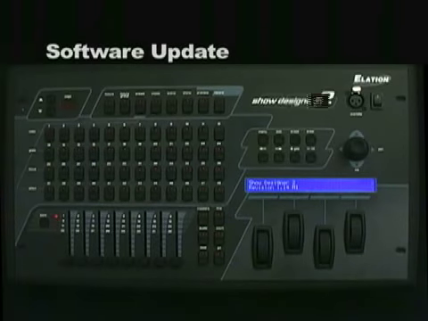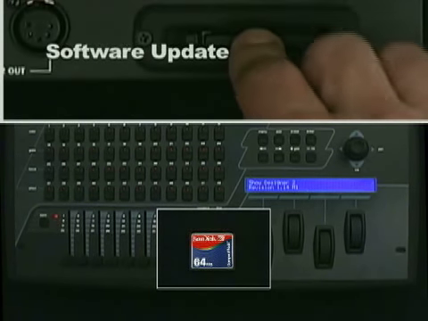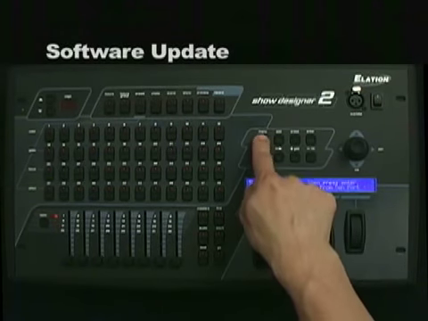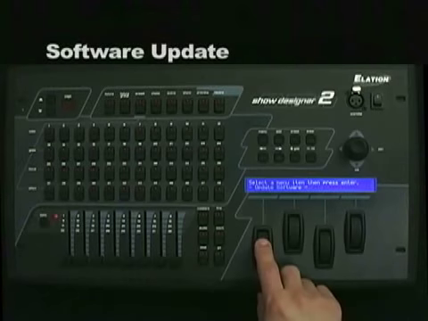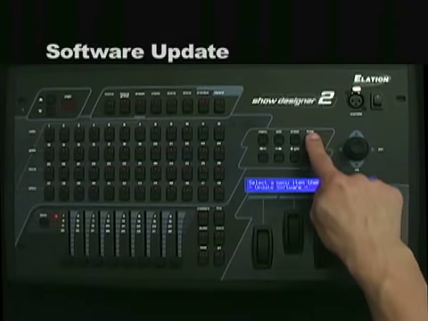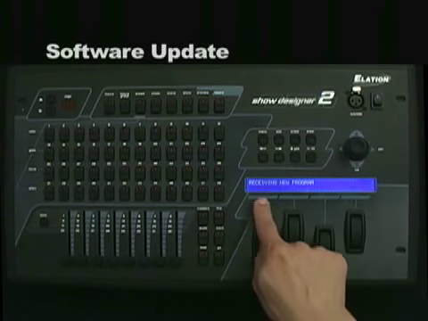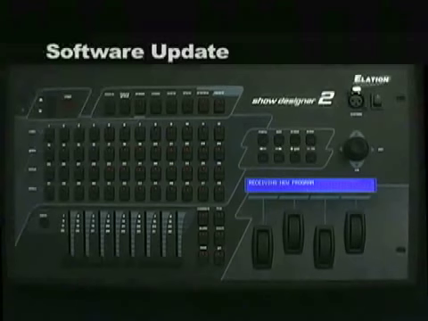To update Show Designer 2 software, insert the compact flash card that contains the software update. Once entered, press the menu button, then use Data Wheel 1 to scroll to the Update Software option. Press Enter. The unit will start receiving the new program immediately. It will take several minutes to complete the update. Software updates can be downloaded from the factory website at